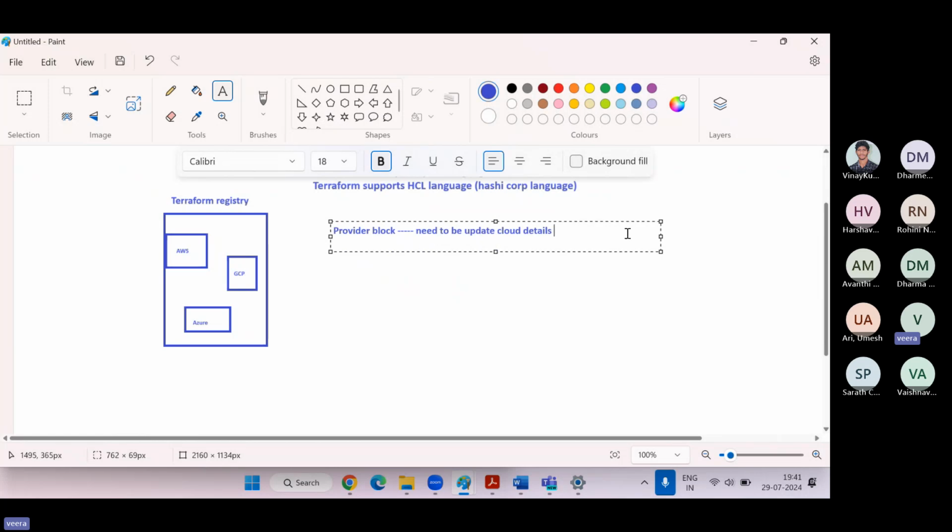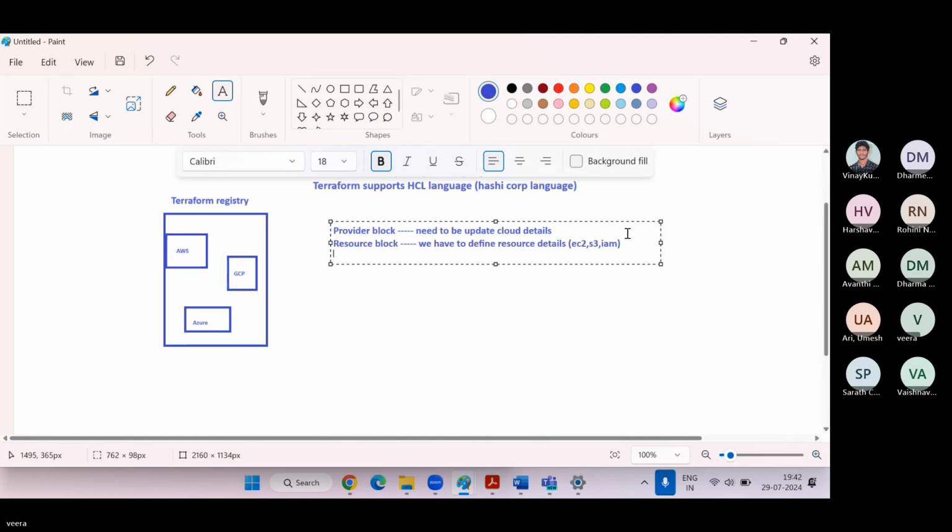The next one is the resource block. Here we have to define resource details, I mean what we are going to create, like EC2, S3, IAM. These are resource details.